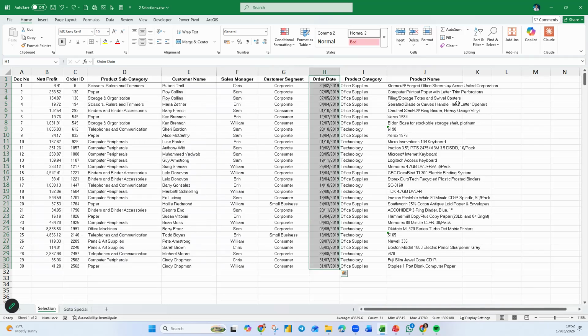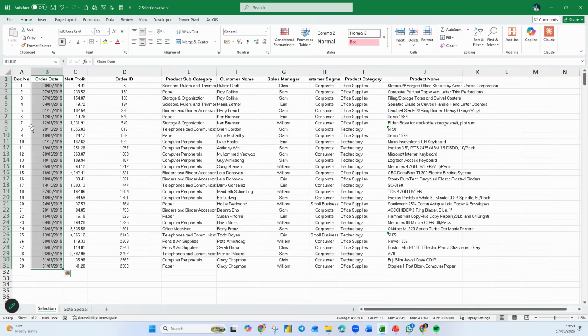Okay, let me repeat. Remember, select this down. You hold down Control, click on H1, Control Shift down. After that, use your mouse, click on the green border, drag it across, and then hold down your Shift key so that you are telling it, I want to shift that column in between document number and net profit. Make sure it's a single line so you can squeeze it in between. If you didn't hold down your Shift, it's a box. You want to squeeze in between, so you hold down your Shift, position it correctly, then you let go of your mouse.